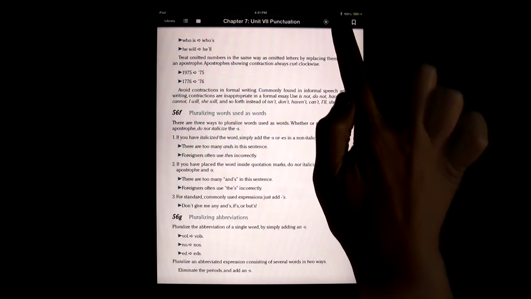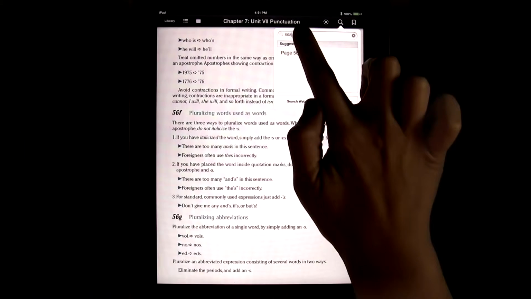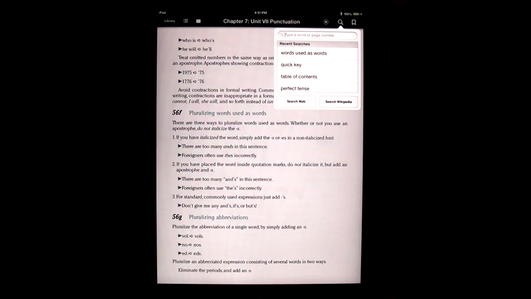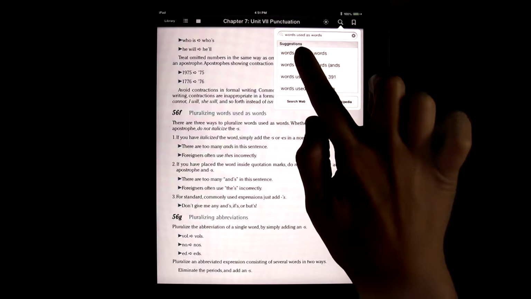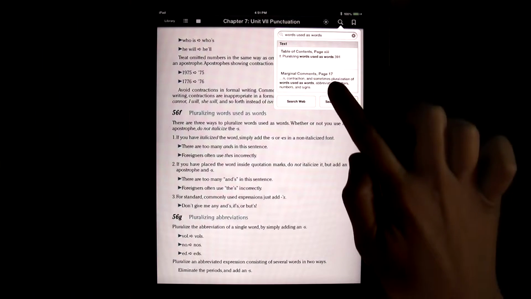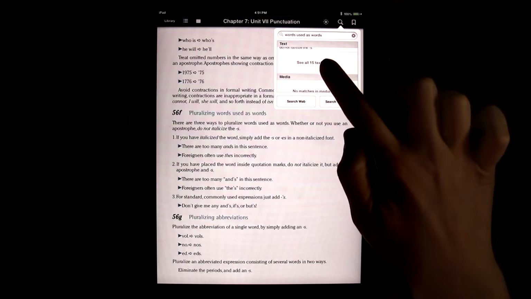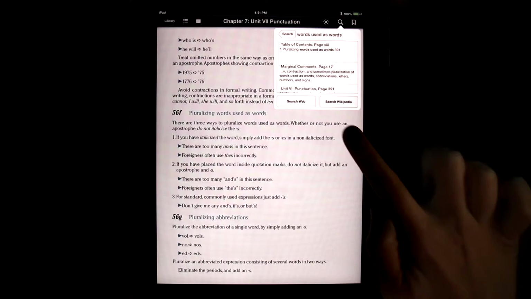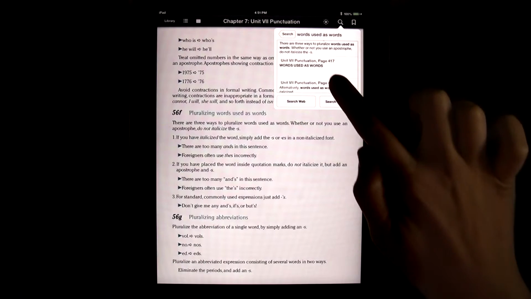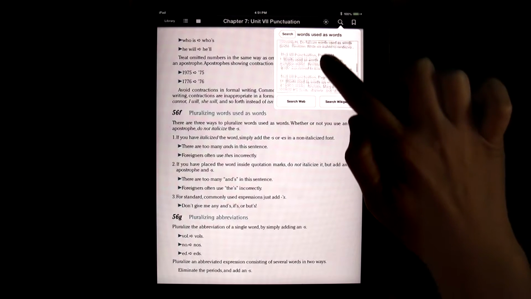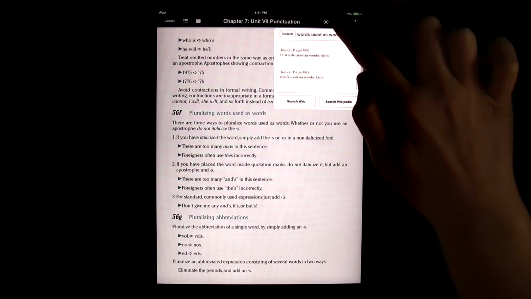If you go to the index, you'll find all the various aspects of using words as words. Just clear the search window, type words used as words, and select the first entry. In the next menu, select the fourth entry, which shows you all 15 results. Tap on the last entry in the new menu and hyperlink to the index page 568,